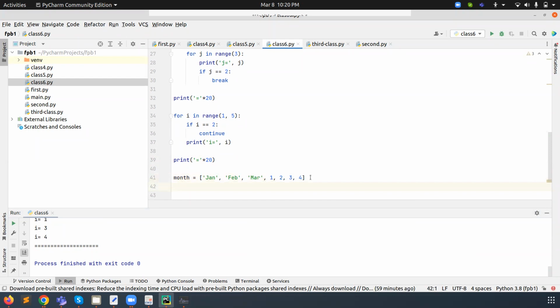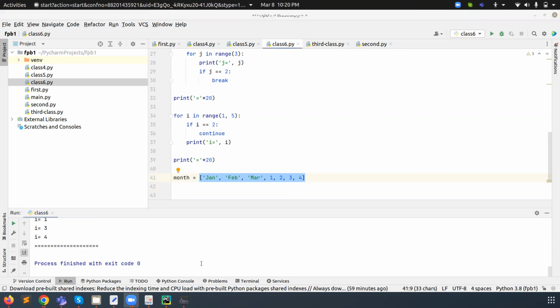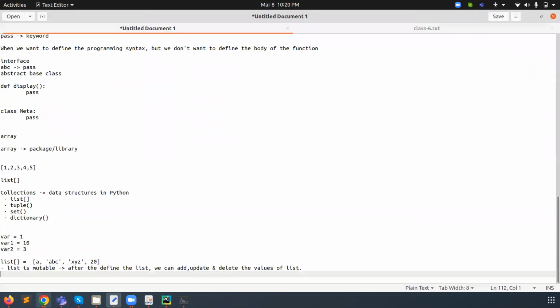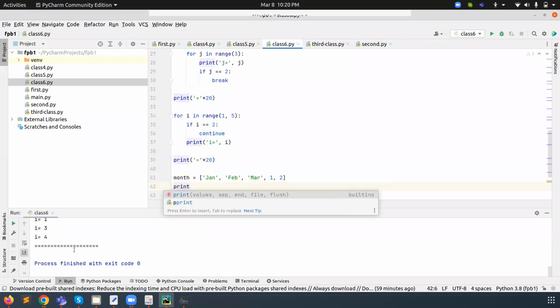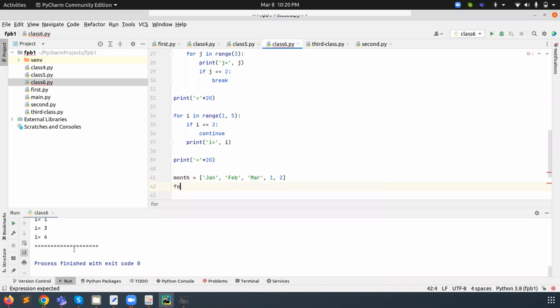Now, how can we fetch a value from this? In the same way, indexing is also available here. First of all, I print the values, and I remove these two values to make it easy. Now I want to print the value. First of all, I will explain.